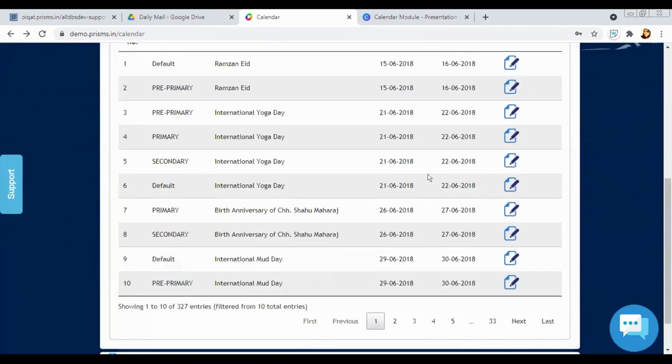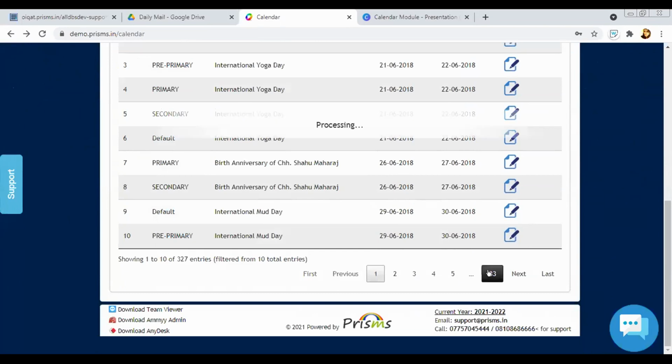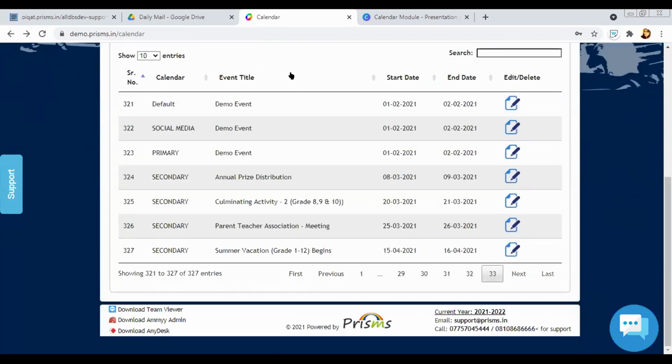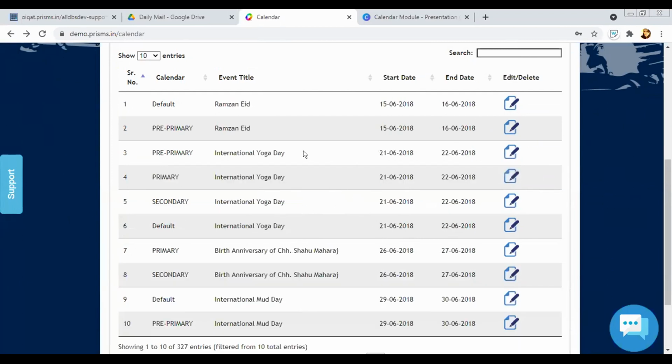Now, again, for any particular events, for example, in this part, I've created events for last month, March, for year 2021. So even if you have created calendars previously, this time I want to update the calendar for Ramzan Eid. Now, Ramzan Eid, this year it's occurring on a different date.